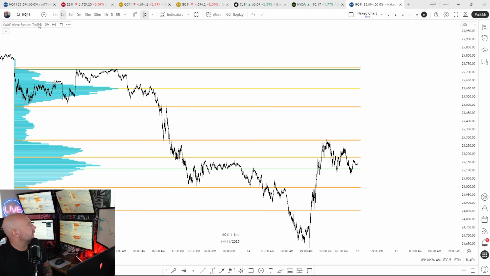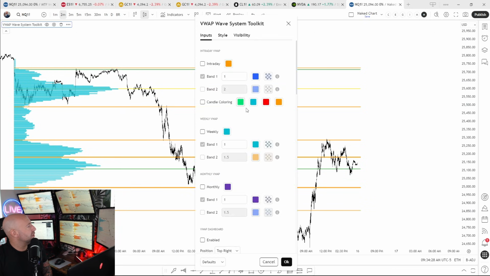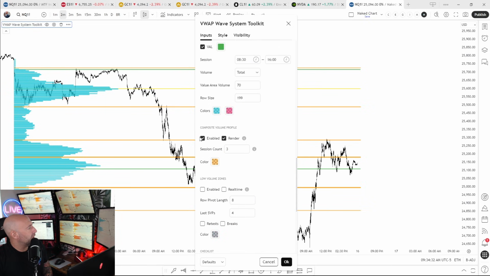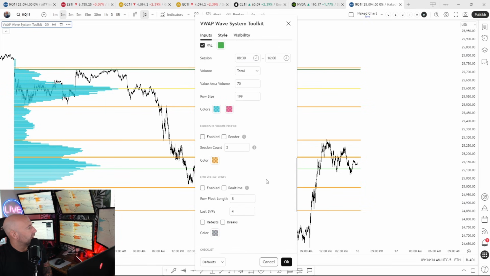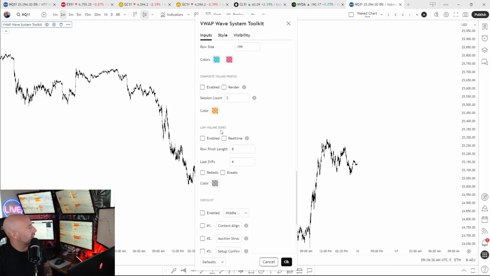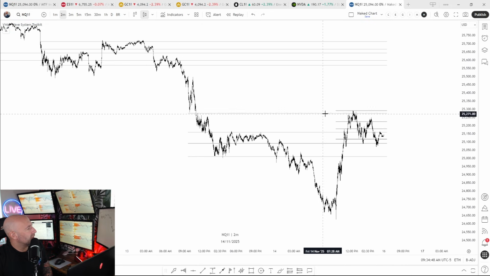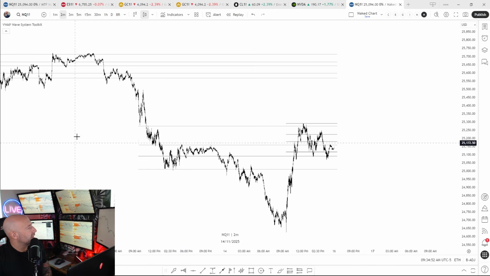Okay, so that's the composite LVN feature. Let's go to the next one, which is going to be the low volume nodes. When we enable the low volume nodes, this is giving us previous session LVNs. Here's the key LVNs from this session. And if we were to draw these out,